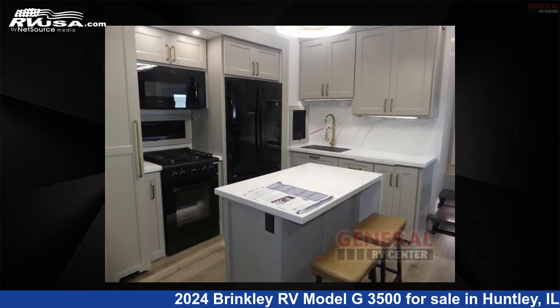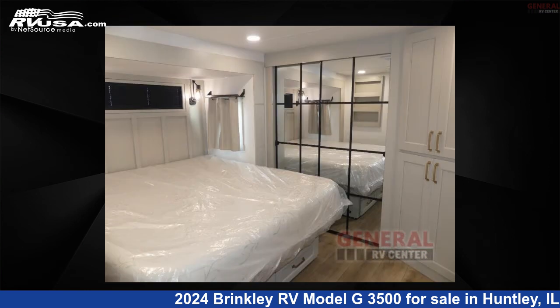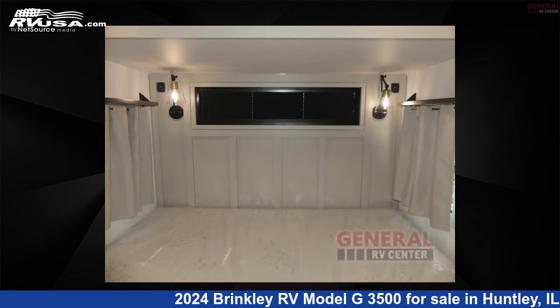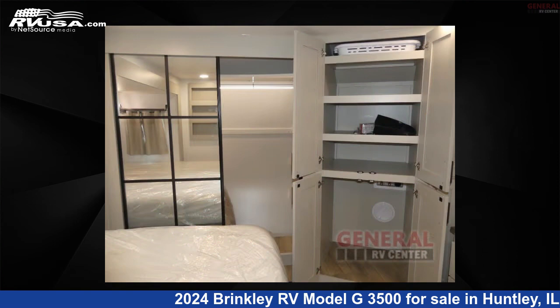This new Brinkley RV is 40 feet 0 inches in length and features sleeps 7, slide-out, and 150 gallons fresh water capacity. The floor plan layout of this toy hauler features bath and a half, front bedroom, kitchen island, loft,